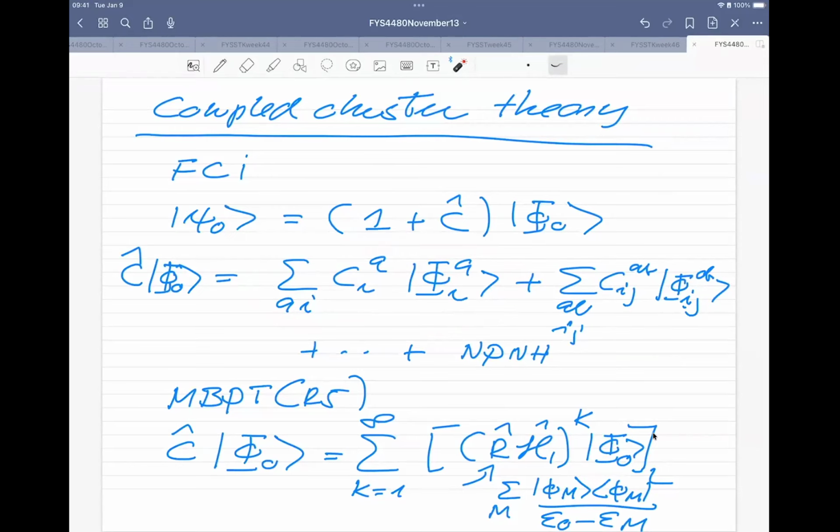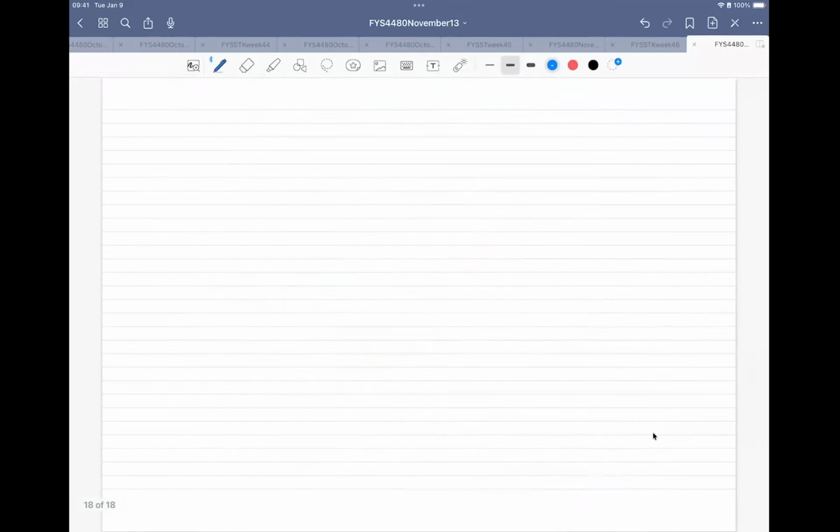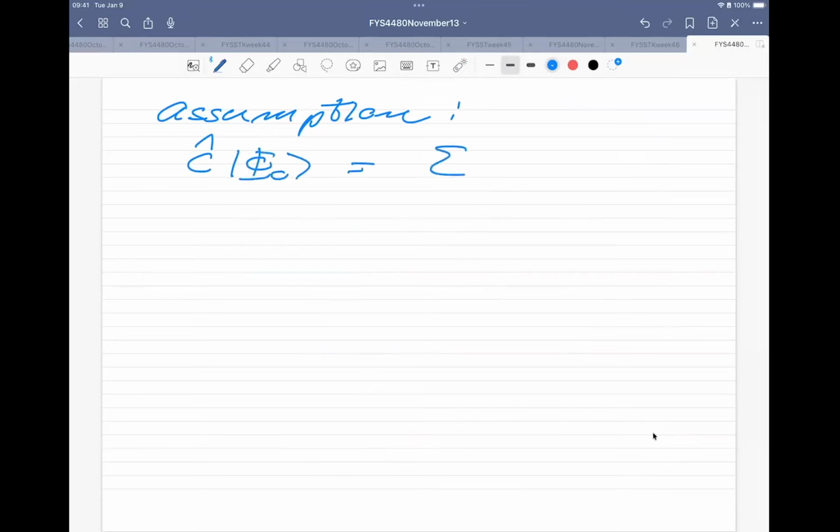So that means that we are going now simply to make an assumption. And the assumption is that this operator C acting on phi 0 is just given by, so this is what we would get if we were to diagonalize